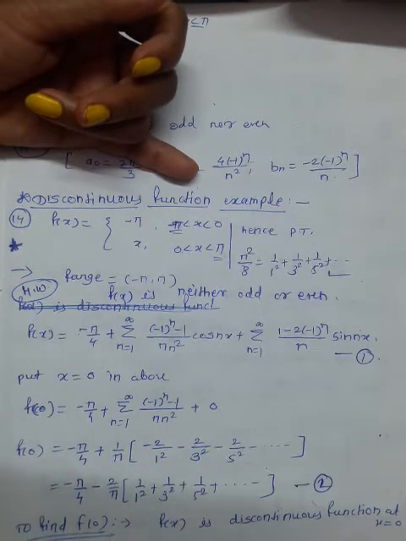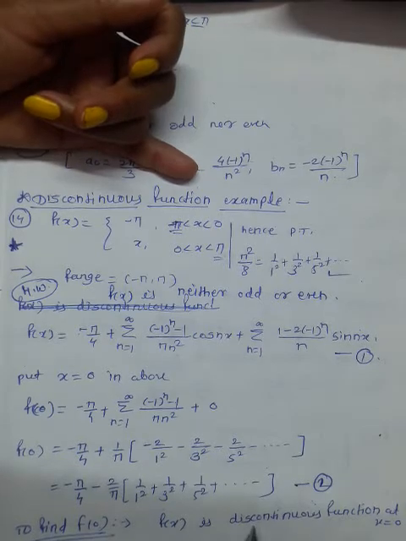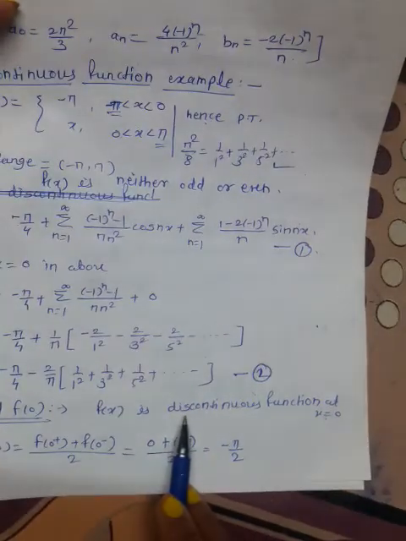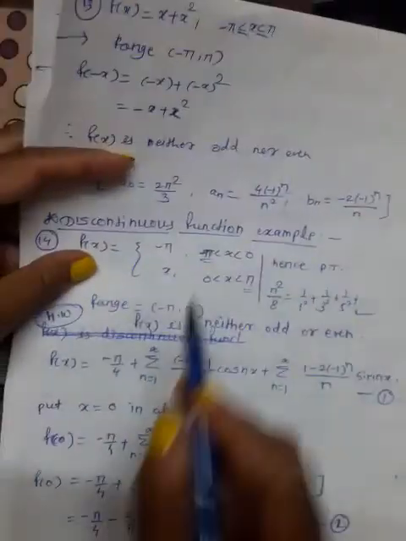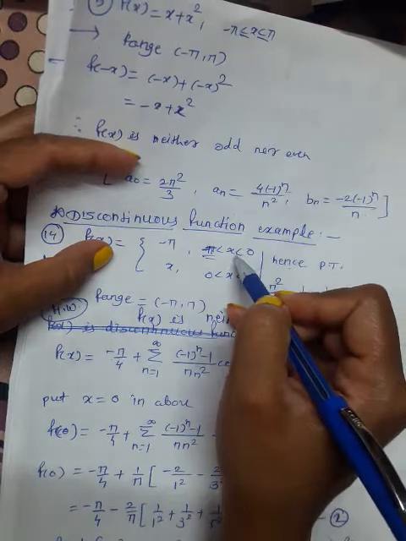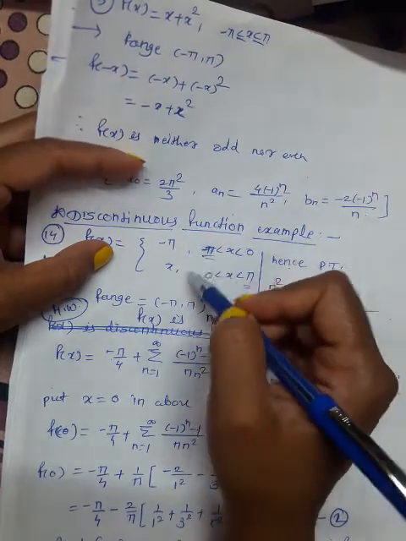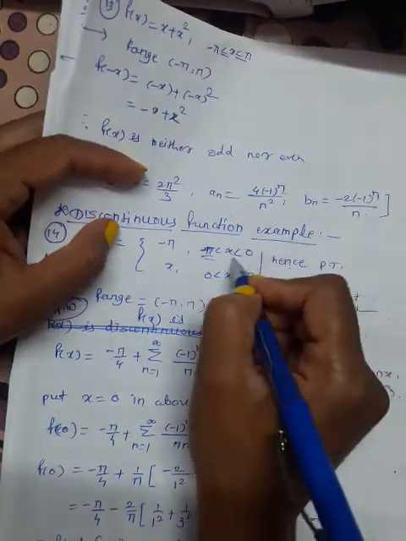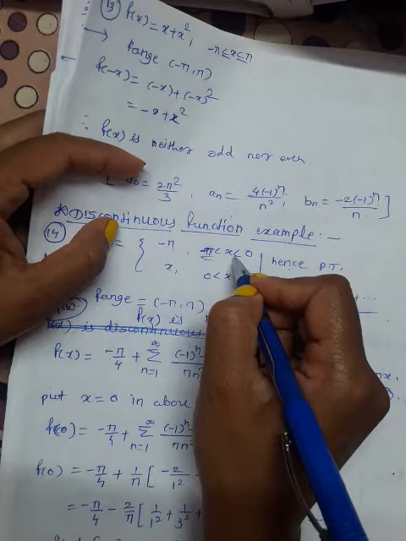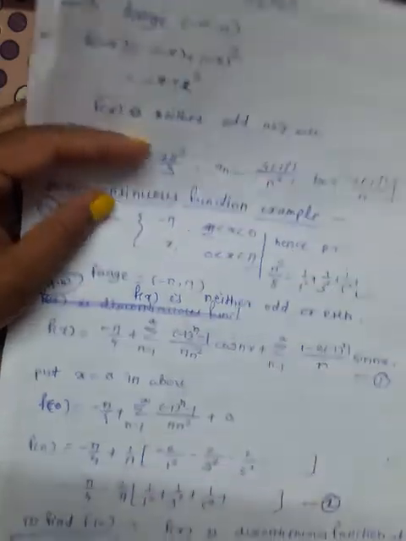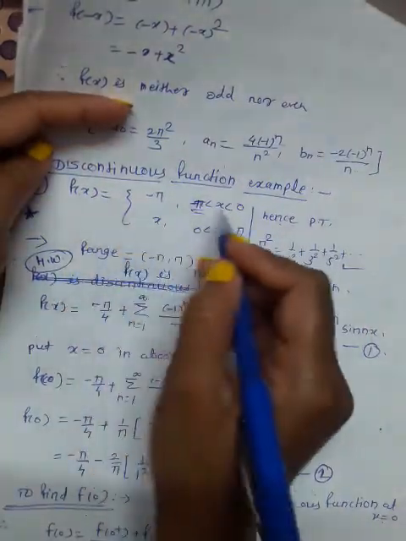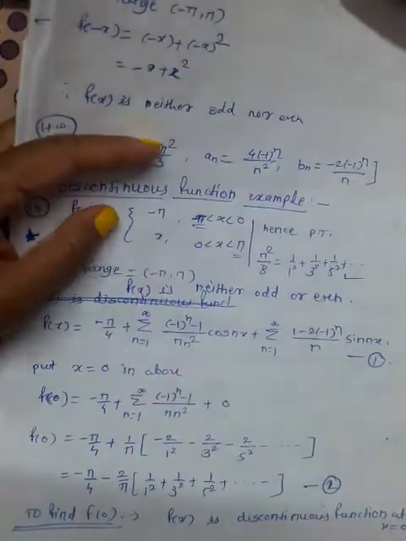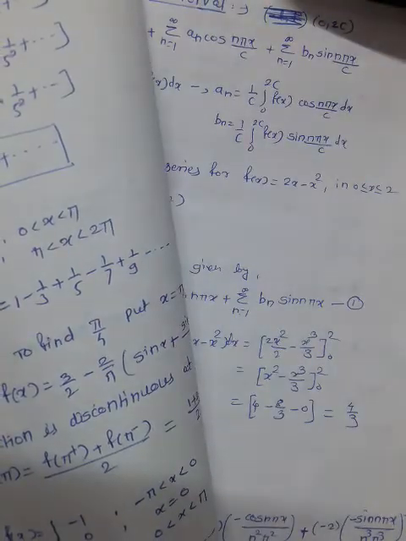Now to find f of 0, because the function is discontinuous at x equal to 0, how do we get to know that the function is discontinuous? Because x equal to 0 is not included here. If it were included, then 0 would be in one of the intervals like in earlier examples. But in this example, the function is discontinuous here, it is not equal to. And if you put the 0 value in this function, because 0 is not there, we have to use another definition of a discontinuous function to calculate